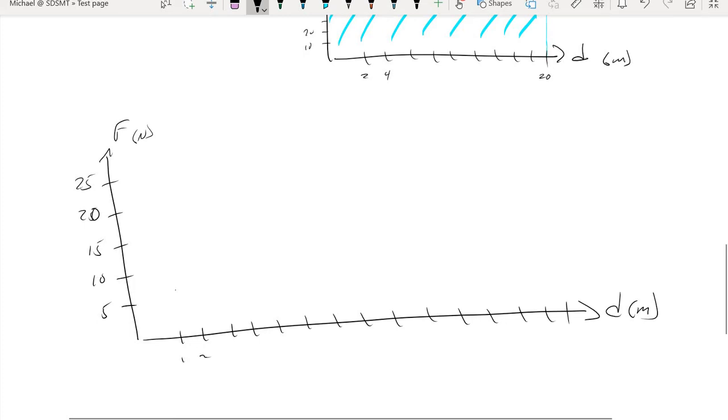And these will all be 1, 2, 3, all the way out to 10, 11, 12, 13, 14, 15. So let's say that we have a force that changes with respect to position that looks like this. Now, at this point, we have a final value of 25 for the force, and we have a final position value of 15